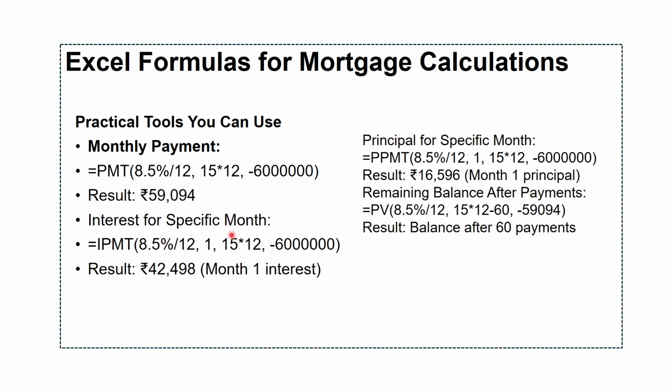Then interest for a specific month. So, IPMT, use this formula: 8.5%/12, 1, 15*12, minus 60 lakh. So, we get the result, month 1 interest. Principal for a specific month, we can use PPMT, this formula, and remaining balance after payments. So, this also we can use PV and bracket all this, and then we can quickly find out the balance. So, this type of Excel formulas can be a very quick mode to calculate the numbers,